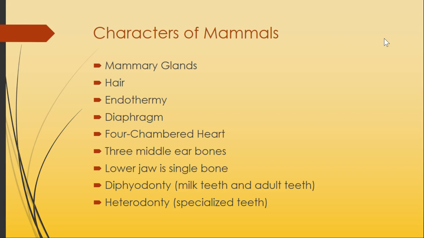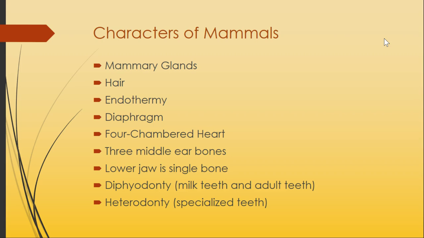It is mammary glands, that's the milk producing. So whether you are a monotreme, which is a platypus and you lay eggs, you still produce milk, or a full placental mammal, right? And we'll talk about the different kinds of mammals in just a second. You've got hair, you are warm-blooded, that is endothermy. You have lungs with a diaphragm, you have a four-chambered heart. Now, four-chambered heart is also a bird thing, so that's not specific to mammals. Birds also have four-chambered hearts, okay?